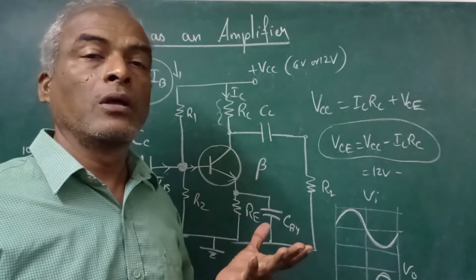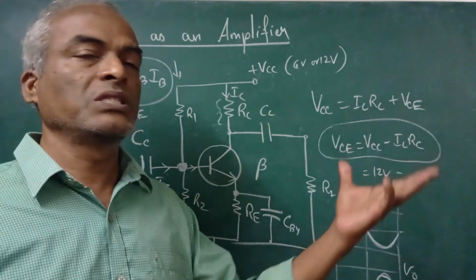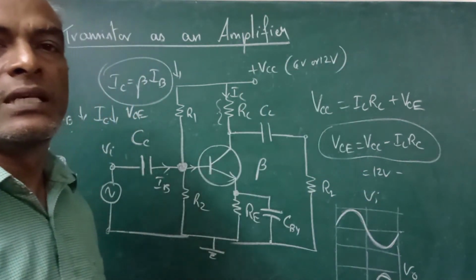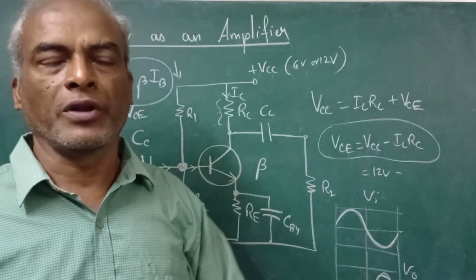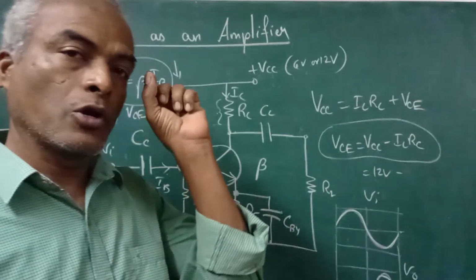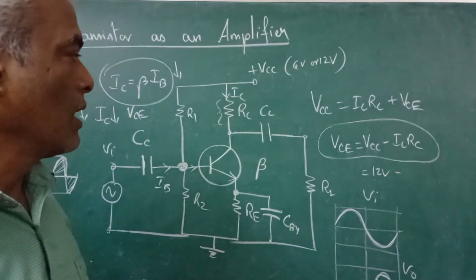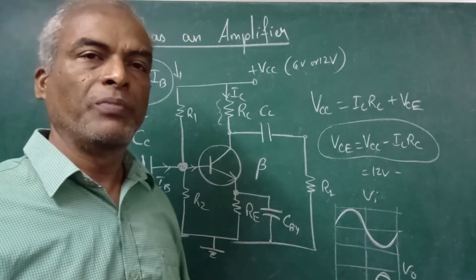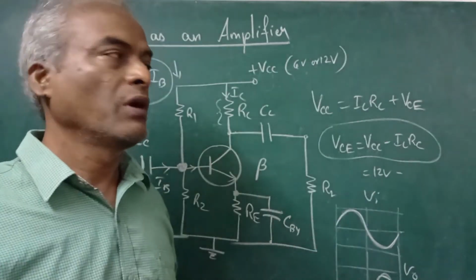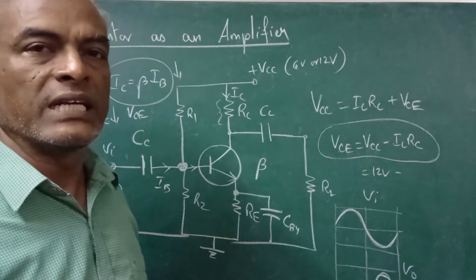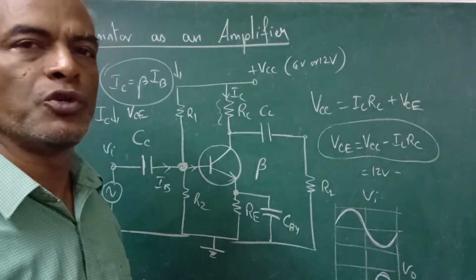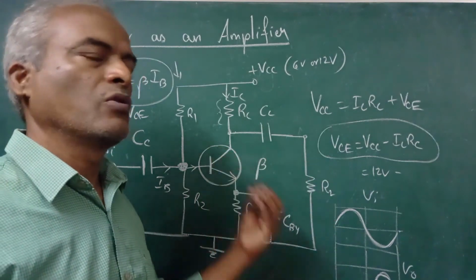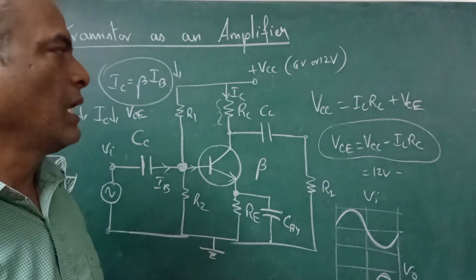What is a load line? Load line is nothing but x-axis VCE and y-axis IC. It is a line drawn between the saturation point and the cutoff point. Okay, and the Q point has to be in the middle of the load line. After knowing the value of beta, I told you how to find the value of beta. You can use a transistor, or you can put it in a common emitter circuit and find the ratio between IC and IB, and then you can find beta practically in the lab.